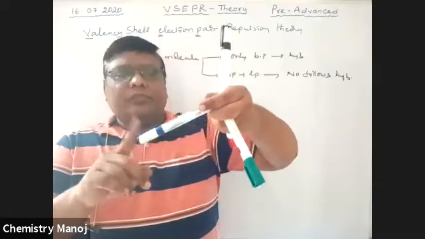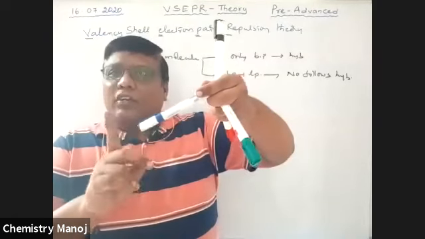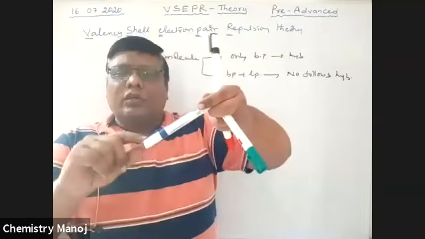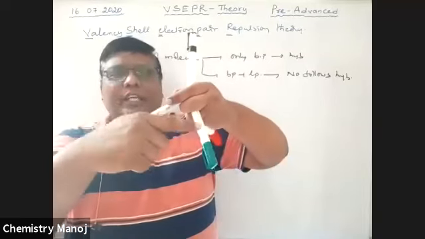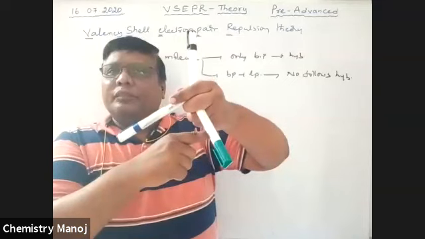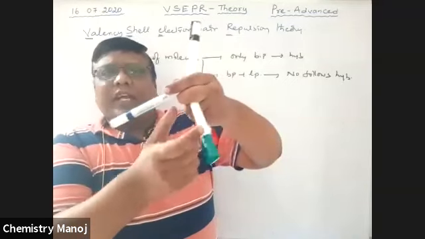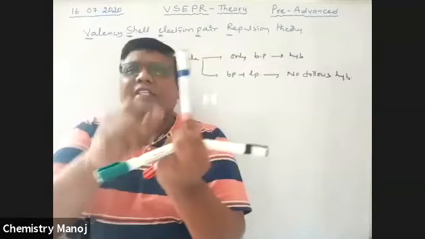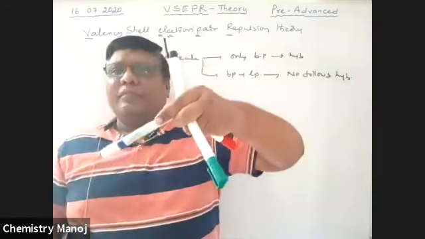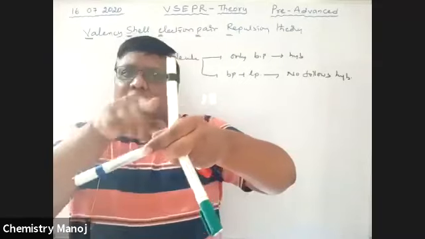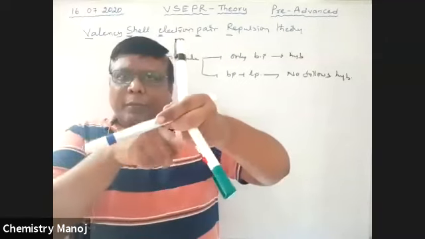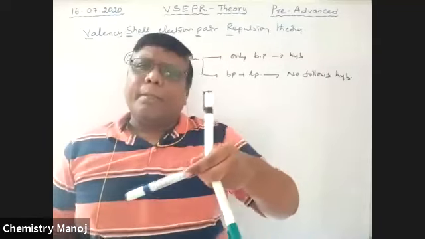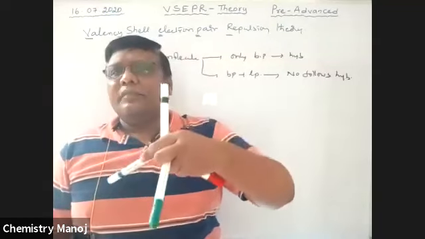For example, these are the hydrogens at the ends, and this is the carbon. There is a bond pair, a bond pair, a bond pair, a bond pair. The distance between them is equal, anywhere the distance is identical. That means the repulsion between bond pair and bond pair, all repulsions are the same because they are equidistant.